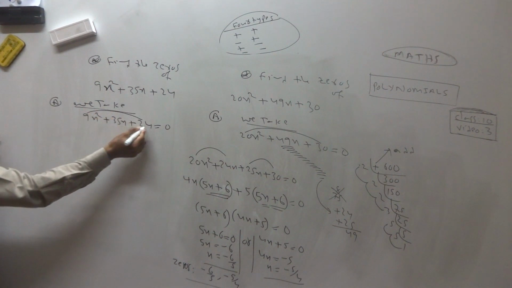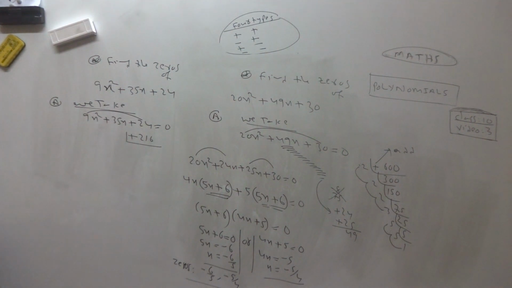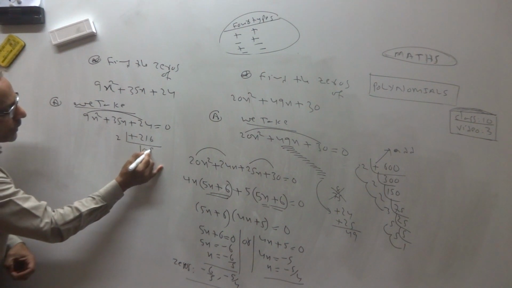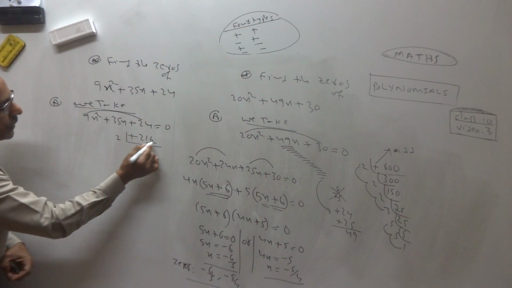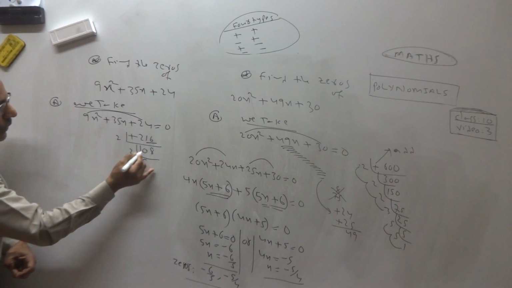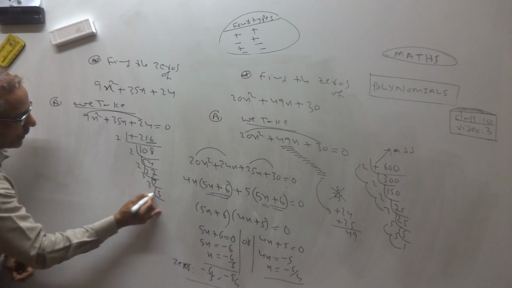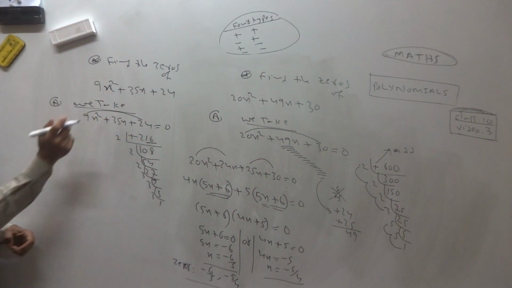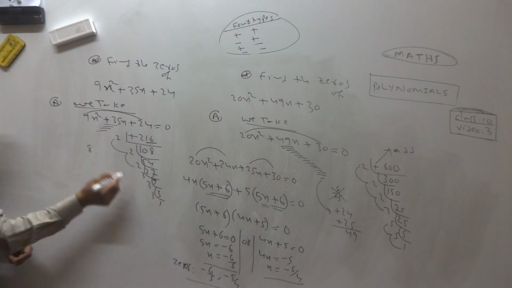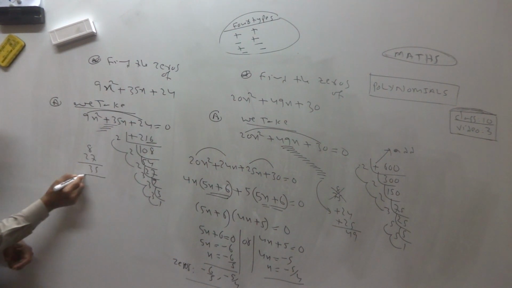24 9s are, we multiply them. 24 9s are 216. Now find the factors. 2 1s are 2, 2 8s are 16. 2 5s are, 2 4s are, 2 2s are, 2 7s are, 3 9s are, 3 3s are, 3 1s are. I have to get 35. If I add two numbers, 8 and 27, see, I got directly 8 plus 27, 35, finished.